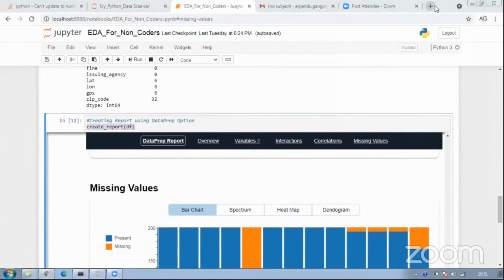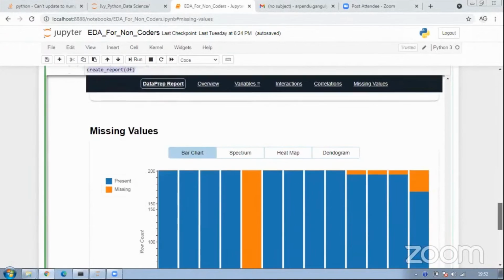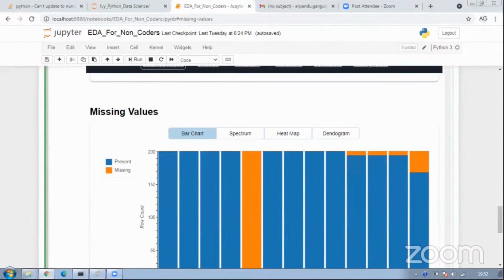Any questions before I move to another package? This is the first one, and it is among the other two packages which I will show. I would say it gives you the most features for doing any kind of preliminary analysis.